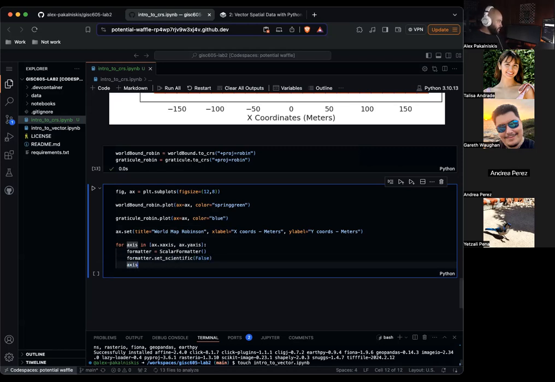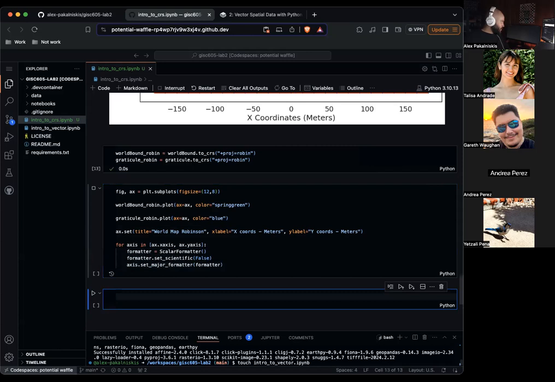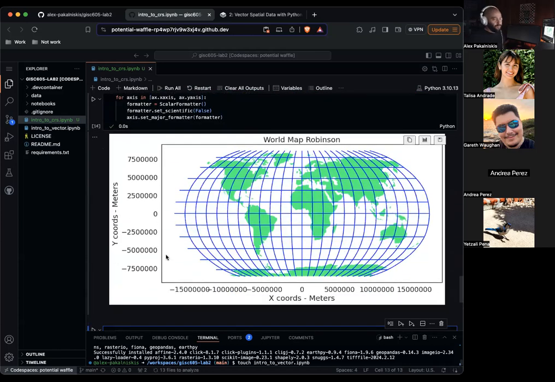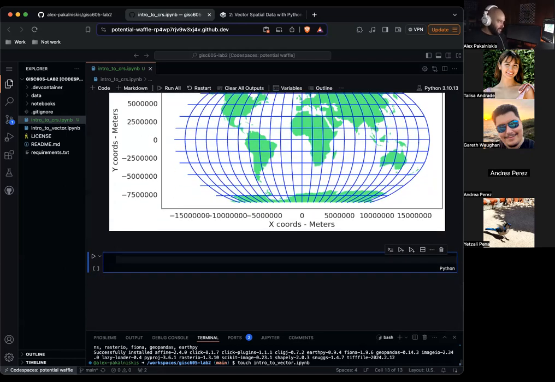And then axis.set_major_formatter. And so you can see we have our beautiful, beautiful figure. If you spent more time and tweaked it to your liking, you could definitely make this more interesting and usable. But really, we're just getting the building blocks of how to make maps and visualize vector data today.